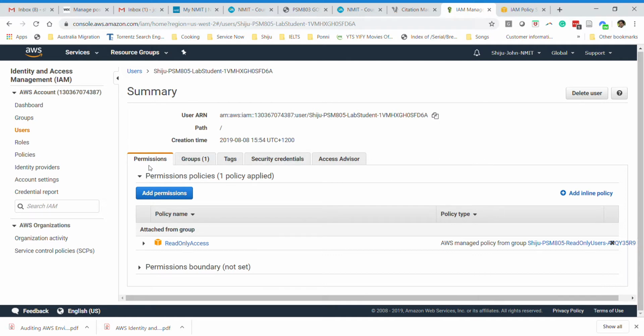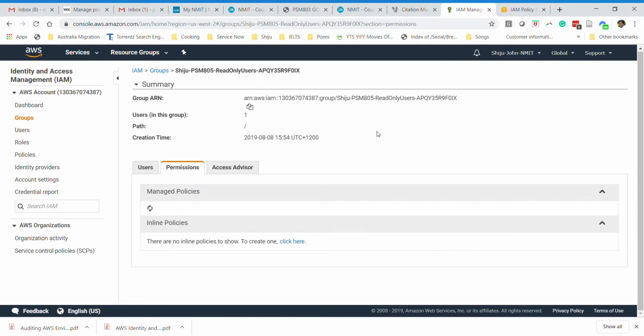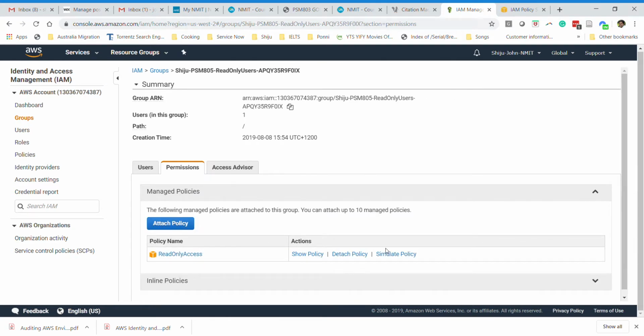So first, let's go to the permissions. You see here there is a permission policy attached, and you can even simulate the policy as well. If you like, you can select this and simulate the policy. So the next step would be